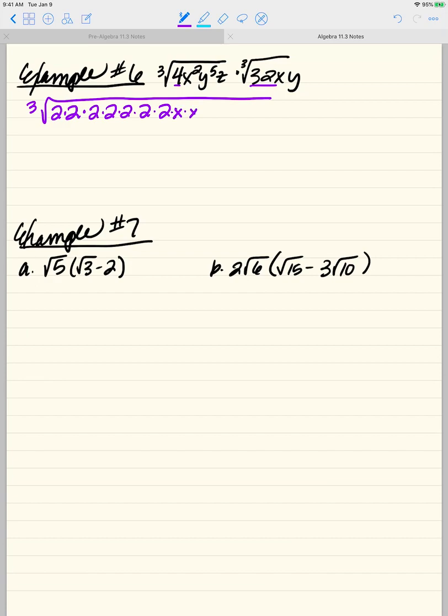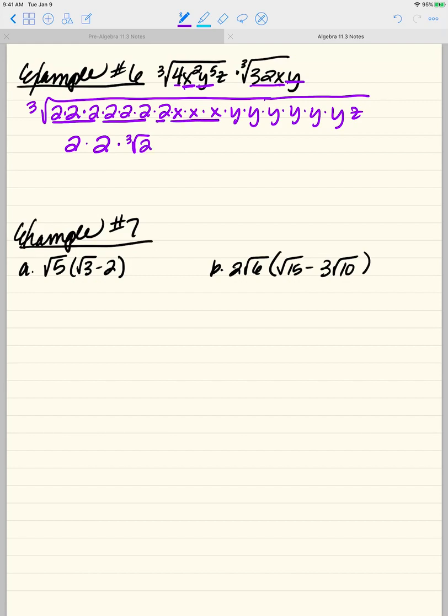I have an x and an x squared there, and an x here. Y to the 5th and 1 y, so 6 y's. And 1 z. I'm looking for 3's because these are cubes. There's 3 2's. There's 3 2's. So cube root of 2 cubed, cube root of 2 cubed, and then I'm left with 1 cube root of